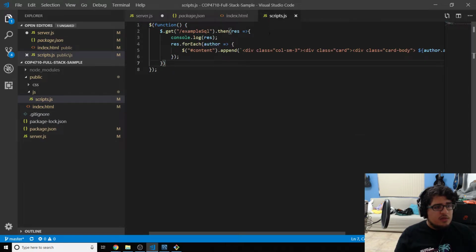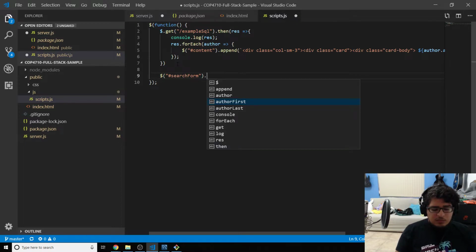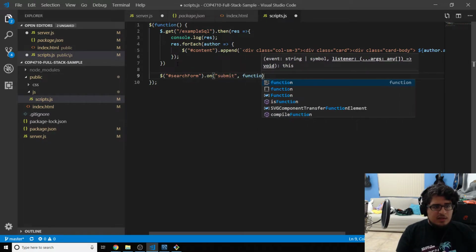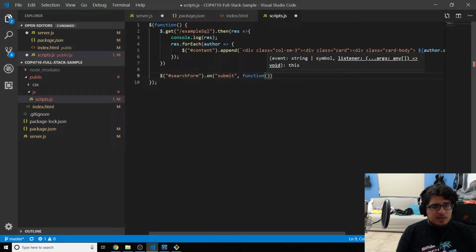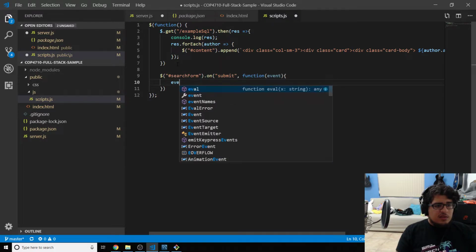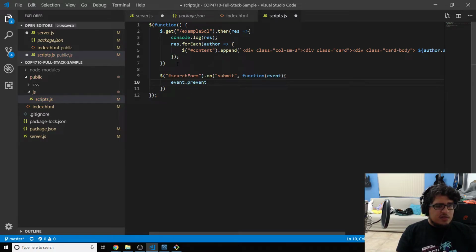So what we want here inside this ready function, we're going to do jQuery notation, ID, and we call it search form dot on submit. So when it submits, we're gonna run this function. We're gonna pass in an event, right? Right now, what I'm gonna do is event dot prevent default,